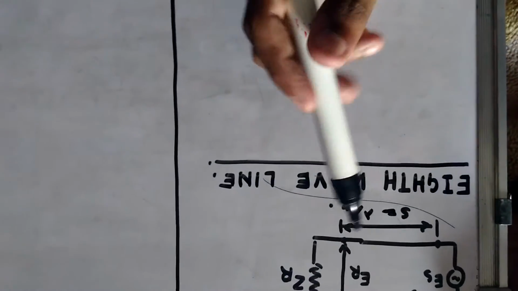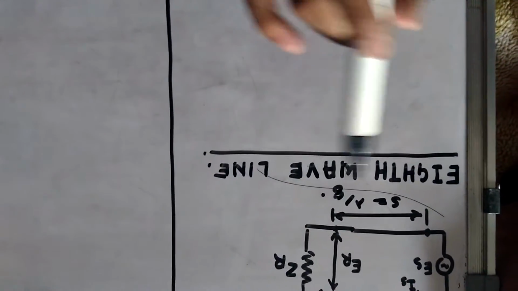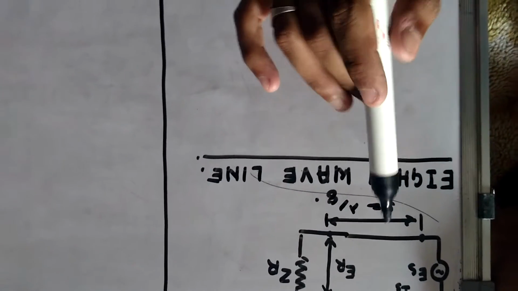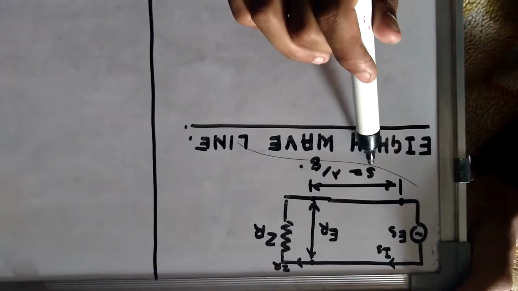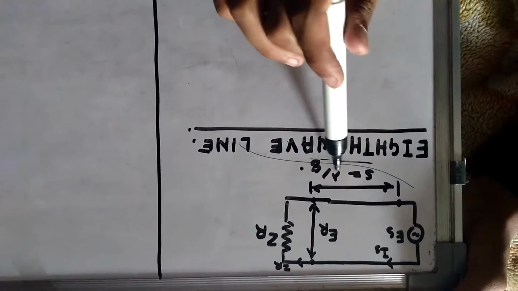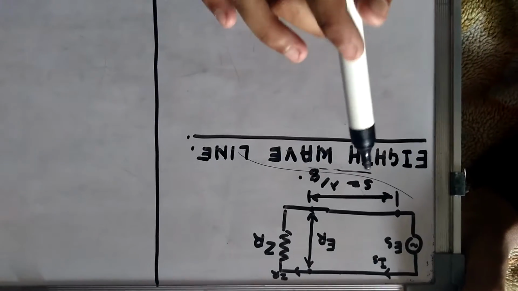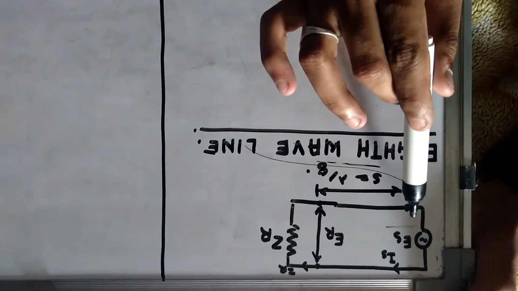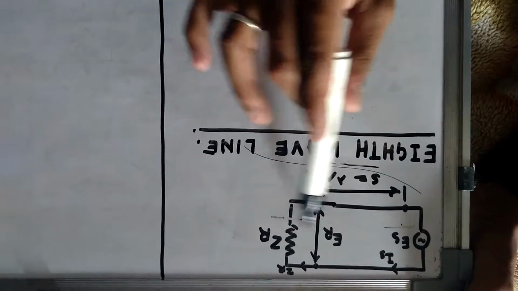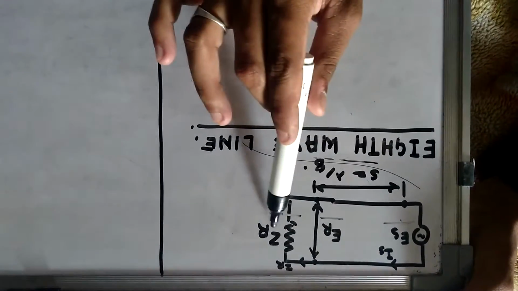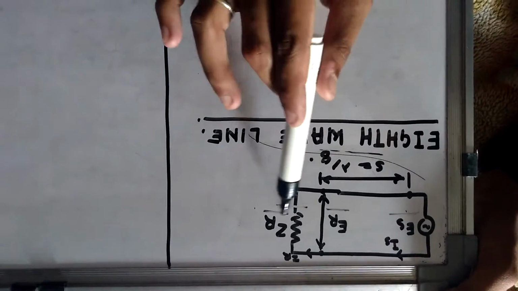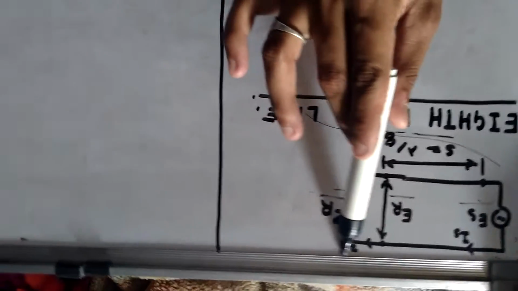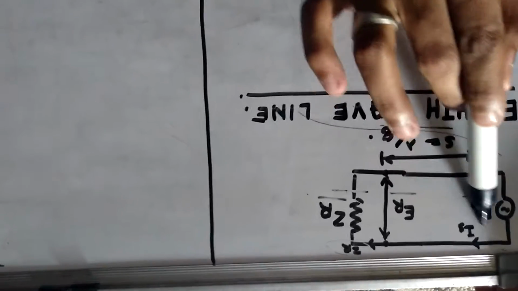Okay, so guys, we are here to discuss the eighth wave line in any transmission line. Let us consider that the length of the transmission line is lambda by 8, where lambda is our wavelength. From the input side we are supplying a source voltage, and from the load side we are observing the voltage ER, the load impedance is given by ZR, the load current is IR, and the source current is